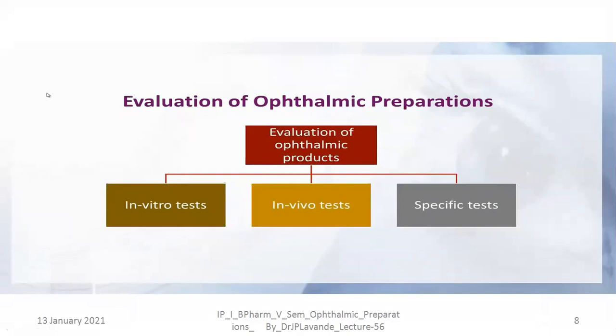In vitro tests are those tests which are to be carried out outside of the body. In vivo will consist of the tests which are to be carried out onto or inside of the body. And specific tests are some of the special kinds of tests which are to be performed onto the